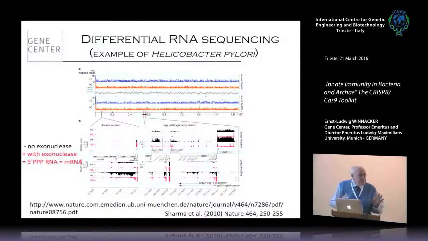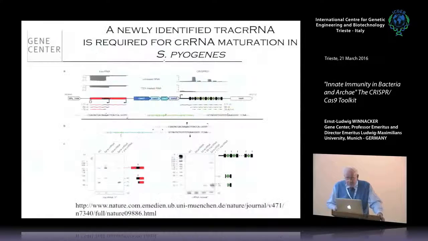This has nothing to do with CRISPR now. This is just a way to determine the transcriptional start sites in the genome of Helicobacter. There are actually 1,010 that have been discovered in this particular paper. But it's the best example of how to enrich in 5' triphosphate RNAs. And that technology was, in a very famous paper, applied to the CRISPR problem.